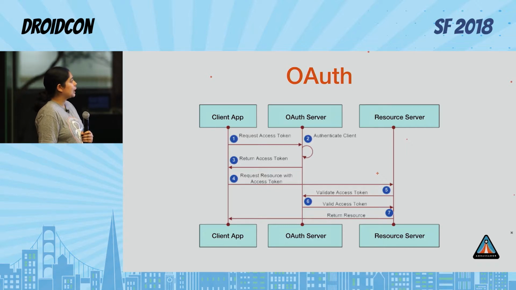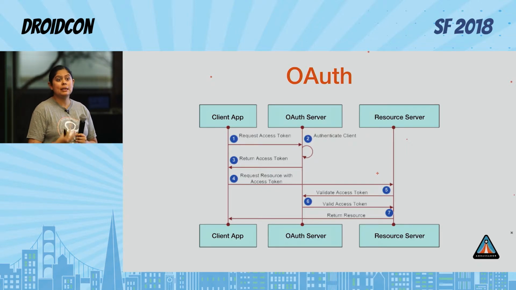So now the client app has this token saved. When he wants to request something, we send this token to identify himself. And the resource server will connect to the OAuth server to validate that token. And the OAuth server will return to the resource server whether this is a valid token or not